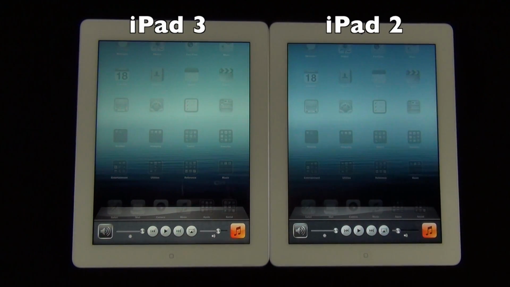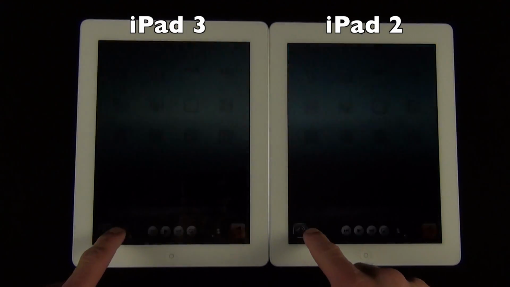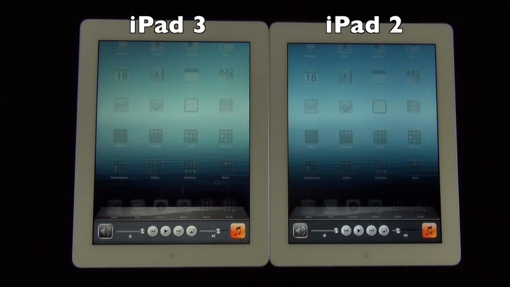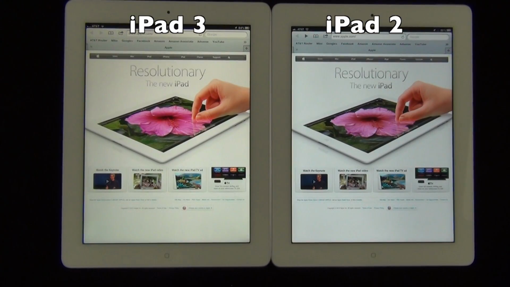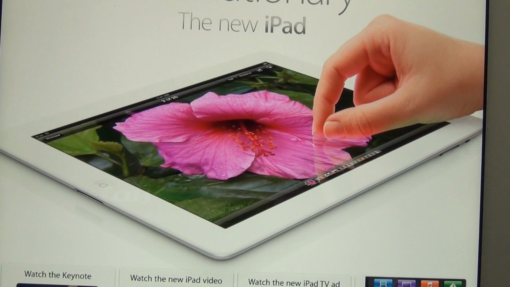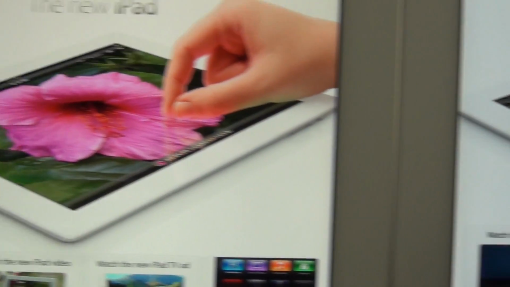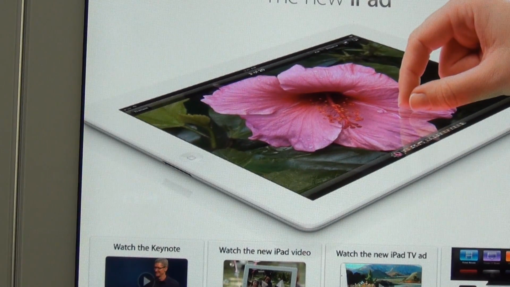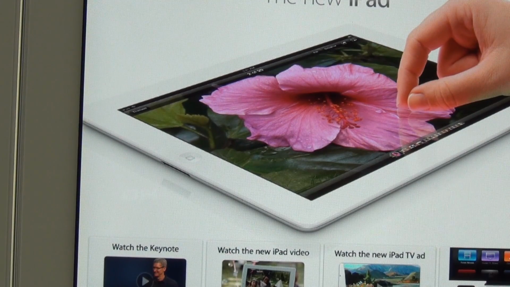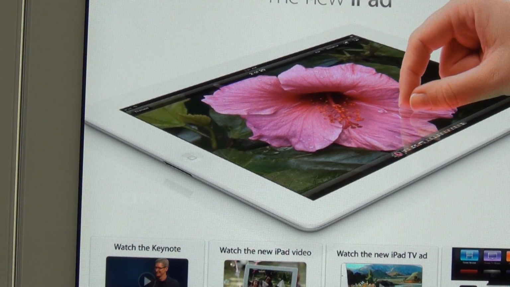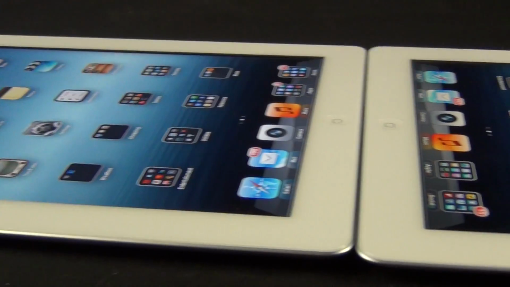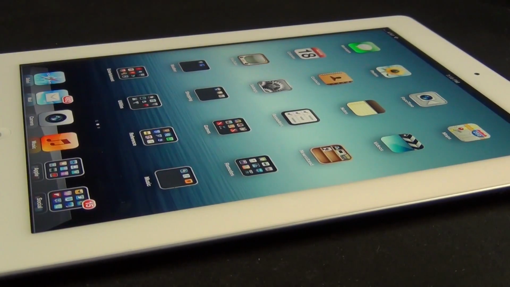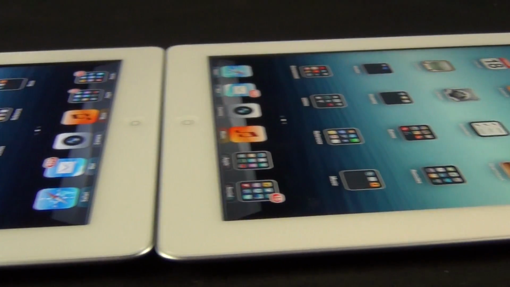Now, both the iPad 2 and iPad 3 feature IPS or in-plane switching LED backlit LCD displays with the same level of brightness, but the iPad 3 does exhibit noticeably warmer color tones. So in effect, the iPad 2 looks a little more bluish or a little more white. However, the iPad 3 colors are substantially richer and more saturated, which further enhances the depth and fidelity of images, especially when viewing photos, video, or games. I could detect no differences in off-axis color quality with either generation of iPad, so both can be used effectively